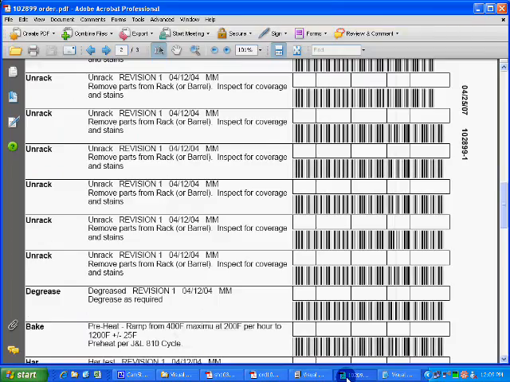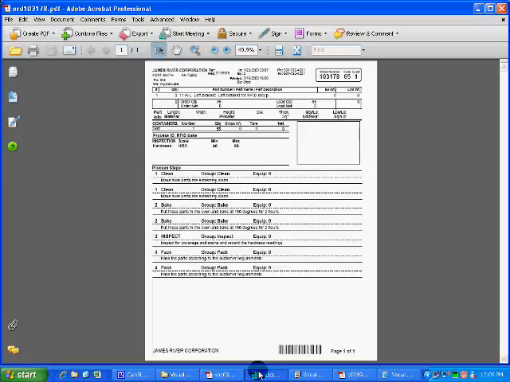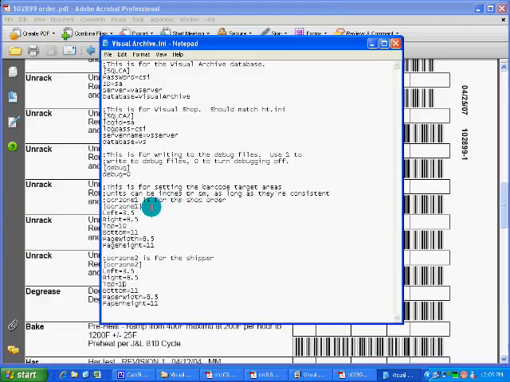And what I'm going to do is go to my shop order form, and just to give you an idea of what these values represent, left will be your distance from the left side of the page to the barcode. Right is the distance from the right side of the barcode to the right side of the page. Top will be from the top of the page to the top of the barcode, and then bottom will be the bottom of the page to the bottom of the barcode. So really you're just going to measure those distances with a ruler,